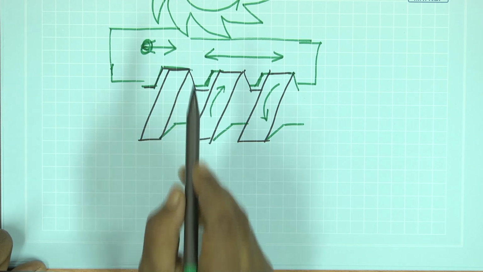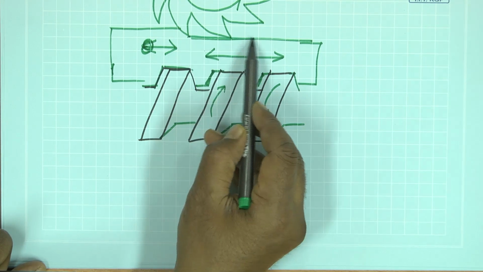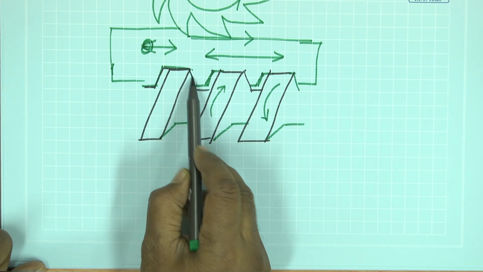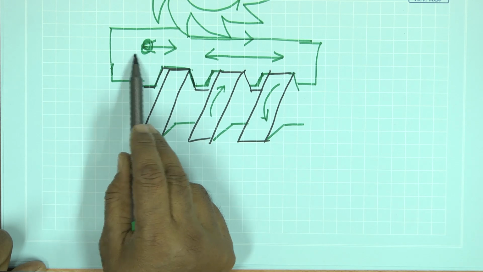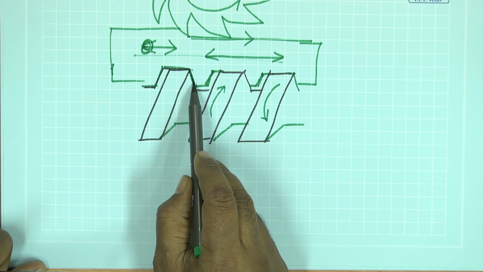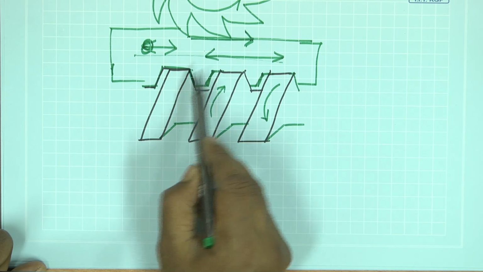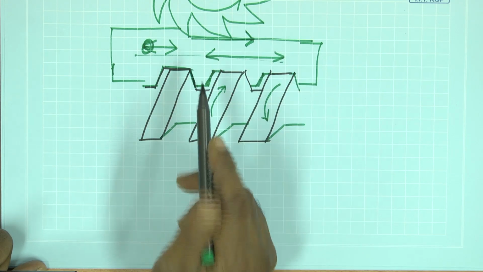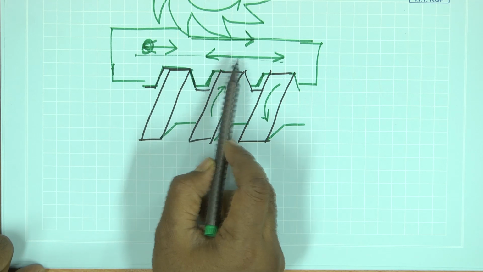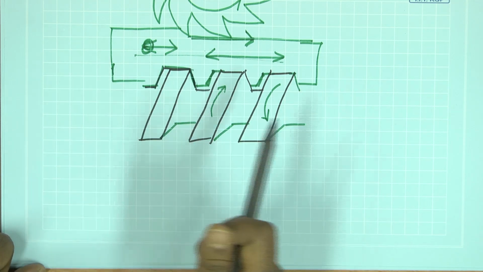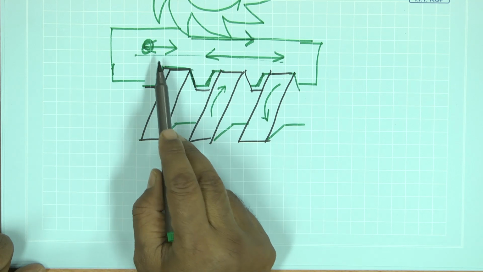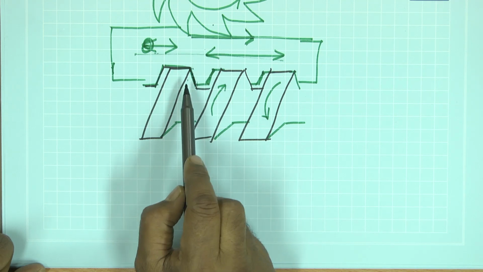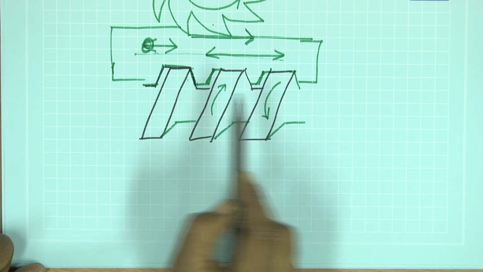But the problem is, the moment the cutter gives a push to the job due to the cutting action, it will come out of contact here. This contact which is keeping the push to this side due to the screw will be lost, because this push is so strong due to cutting forces. This nut will immediately shift to this side, and you will have a feeling as if the whole thing is made of rubber. That is, say by hand you are rotating, you will find that there is absolutely no contact between the cutter and the workpiece. Why? Because the workpiece is floating in space, it is not in contact with the active side of the screw.